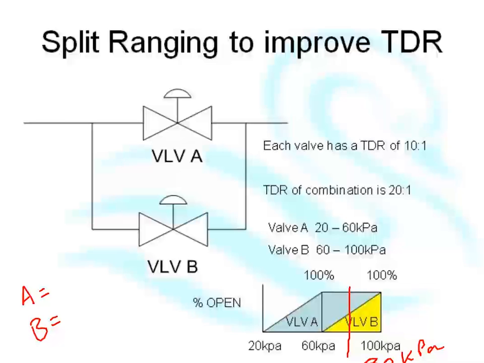They're working in series. It first opens valve A with valve B shut, and only when valve A is fully open does it start opening valve B. So they work in series. First valve A and then valve B. Not together. Okay. That's split ranging. We use it to improve